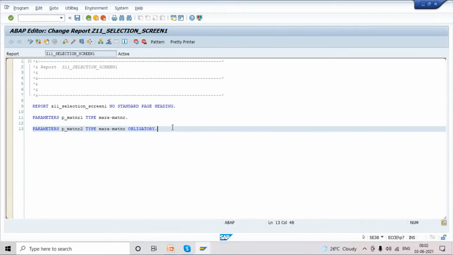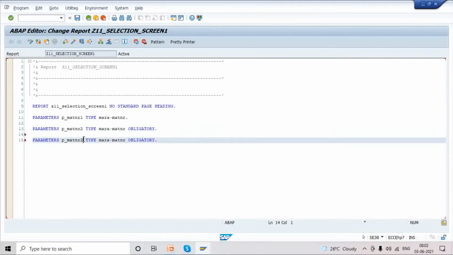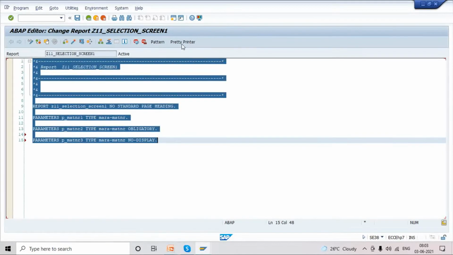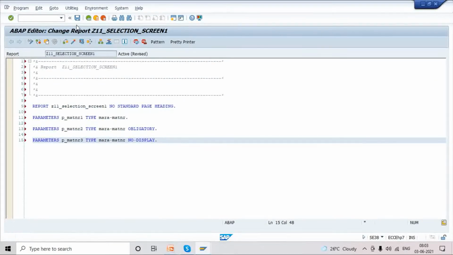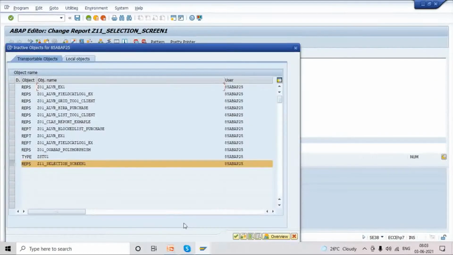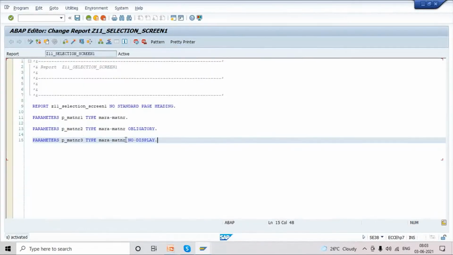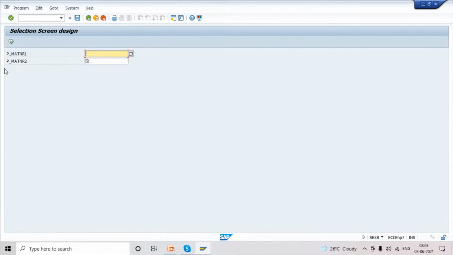Next one, create a different field, matnr 3. Instead of obligatory, I'm using NO-DISPLAY. See, I added NO-DISPLAY to parameter 3. I'm executing. Are you able to see this matnr 3? No, sir.